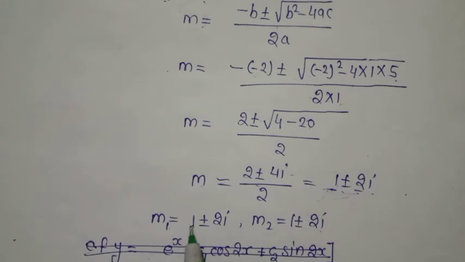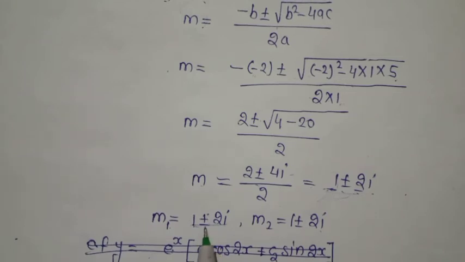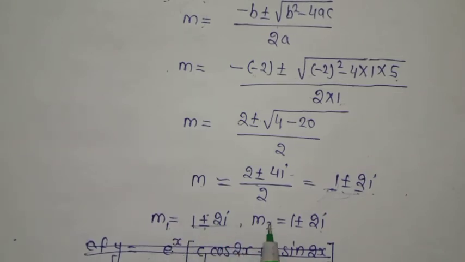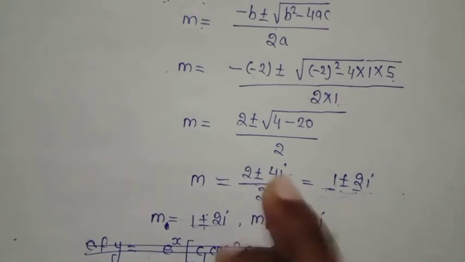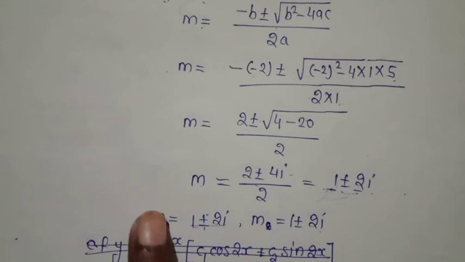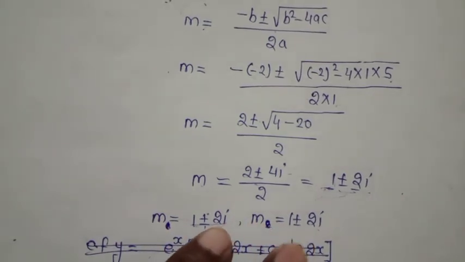Now you can see these are 2 roots, because one root is for positive value and one root is for negative value. So you can see there are 4 roots. So we have no need to write it m1 or m2. These are simply just the roots, okay? And there are 4 roots and all are complex, and 2 repeated complex roots are obtained here.